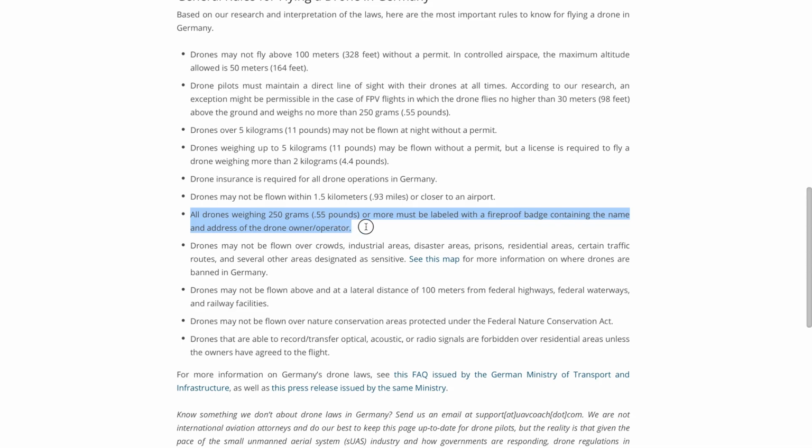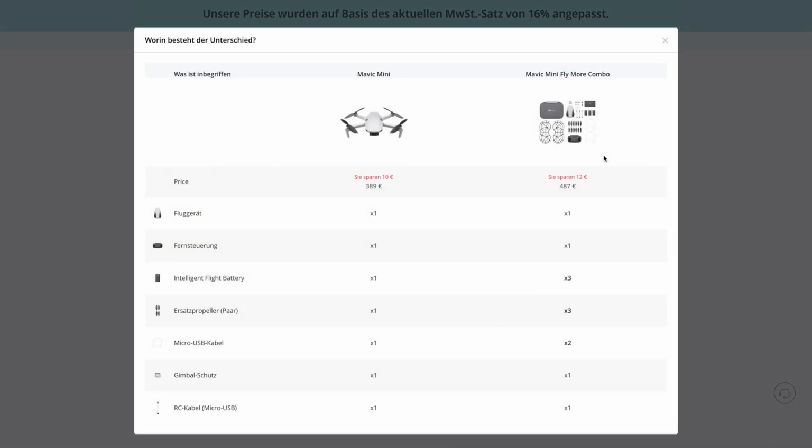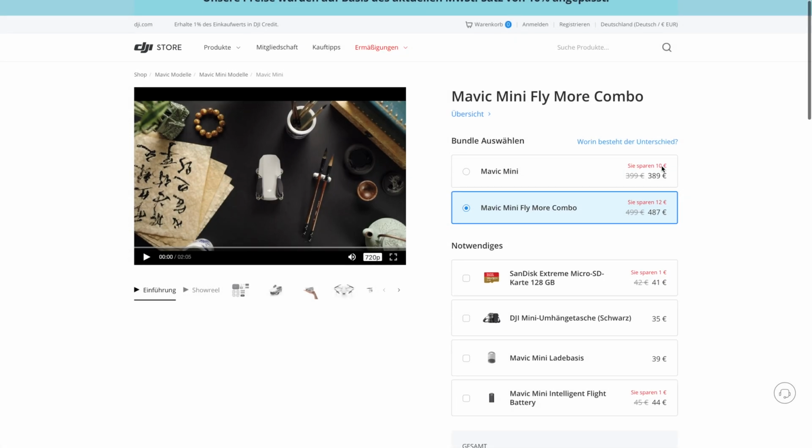Here in Germany, it's actually not that big of a deal. There is one rule that says that if you have a drone under 250 grams, you're supposed to have a fireproof label on the drone. But of course, the Mavic Mini comes with some other benefits. First of all, the most important one is the price. That starts at 400 euro for the basic model, but you can also go for the Fly More combo